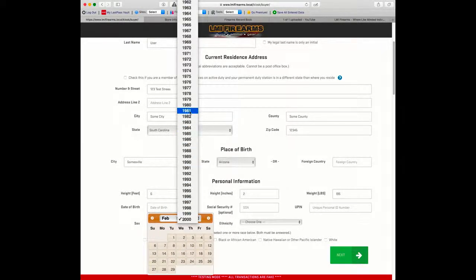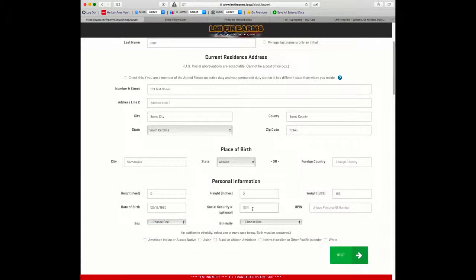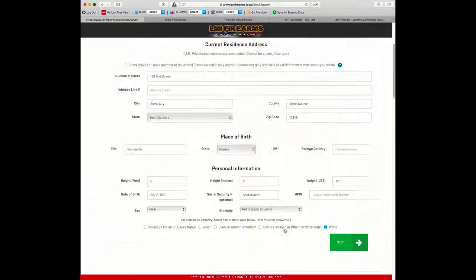February, just pick an arbitrary date here. Social security number, male, not white. Click next. If anything on here is invalid, or if they left something blank, like city,